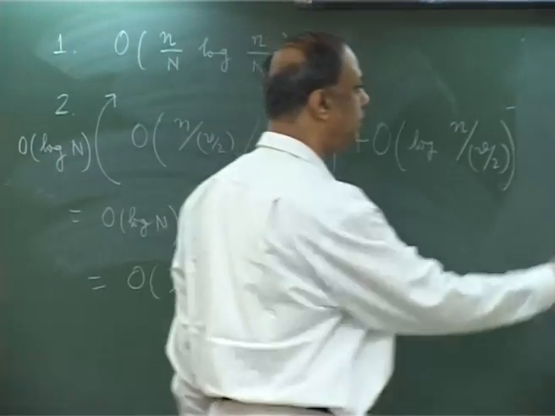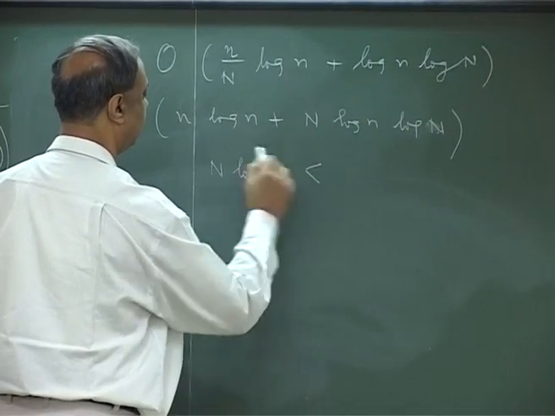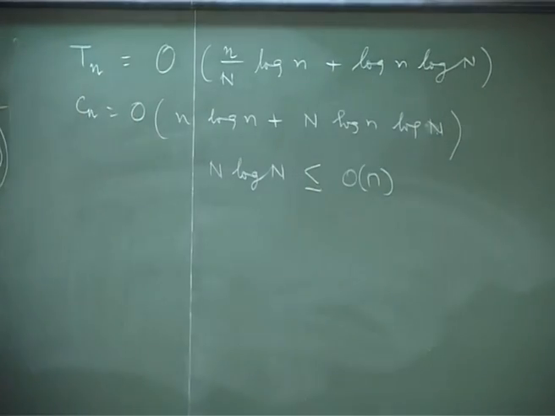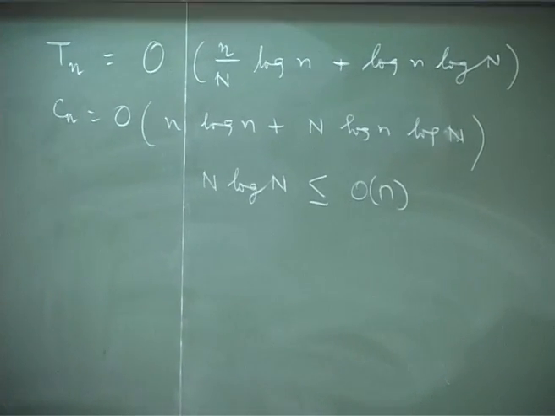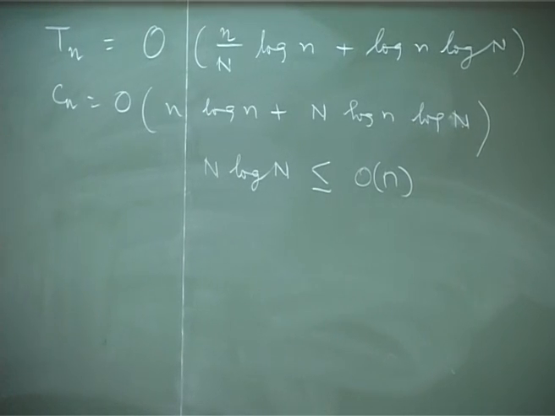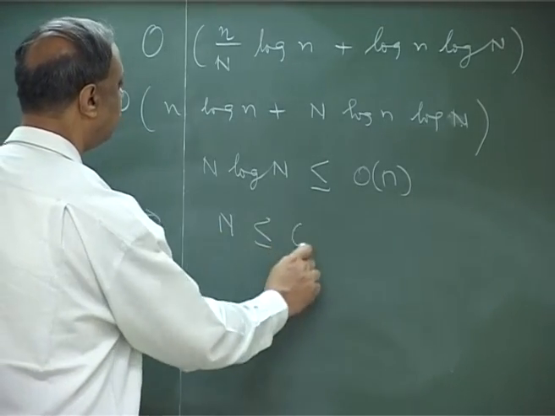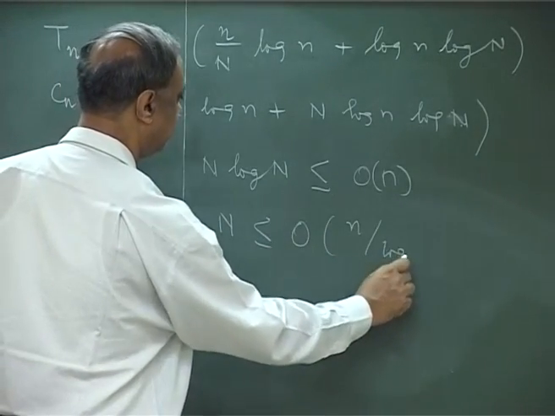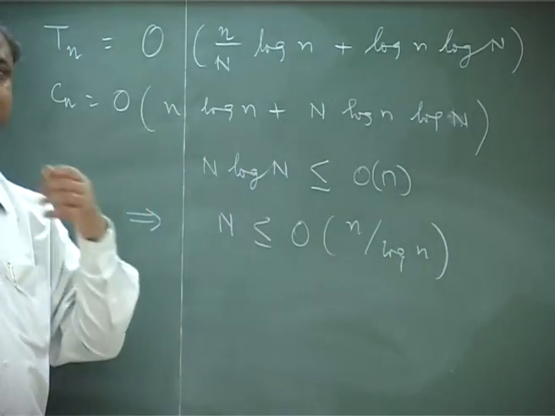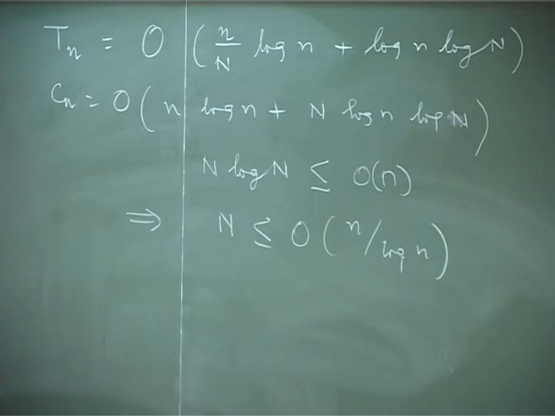Now this becomes cost optimal if capital N log n is less than or equal to order n. That is, I can write N is less than or equal to O of n by log n. Right? Because capital N is smaller than small n. So this becomes cost optimal if